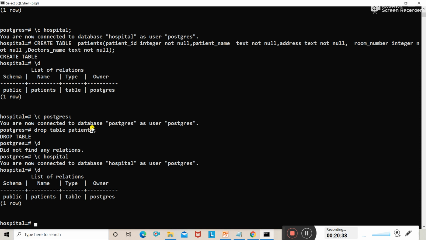Understood this? So today what we have done? Today we have created a table. First we created a database named hospital, and we created a table in Postgres named patient. The field names are patient ID, patient name, address, room number, and doctor's name. These are the 5 fields of the table. Next we connected with the hospital database, and then we created one table in that named patient, with the same